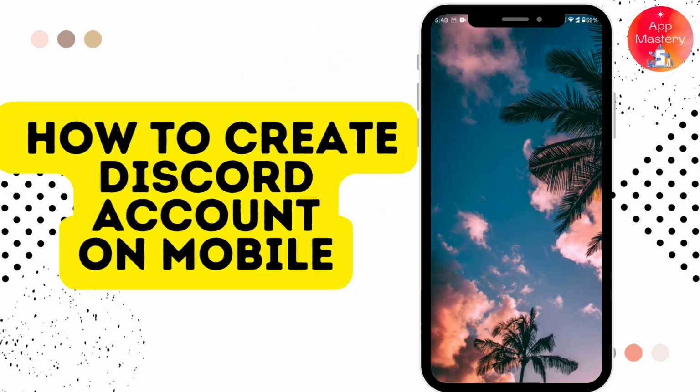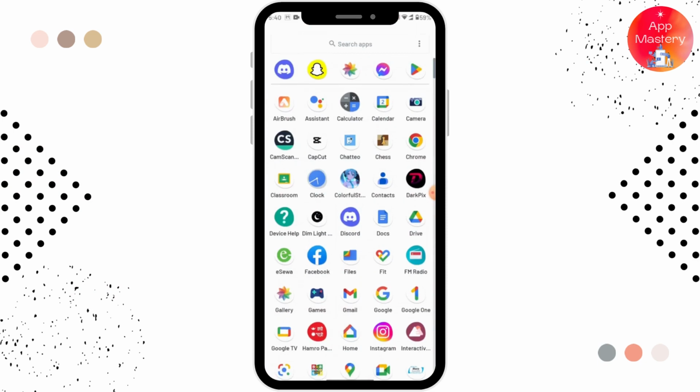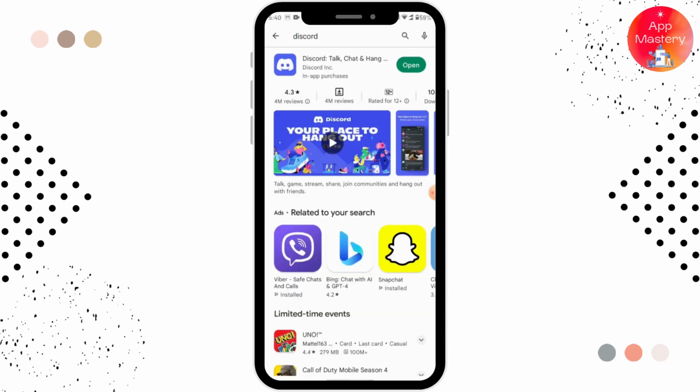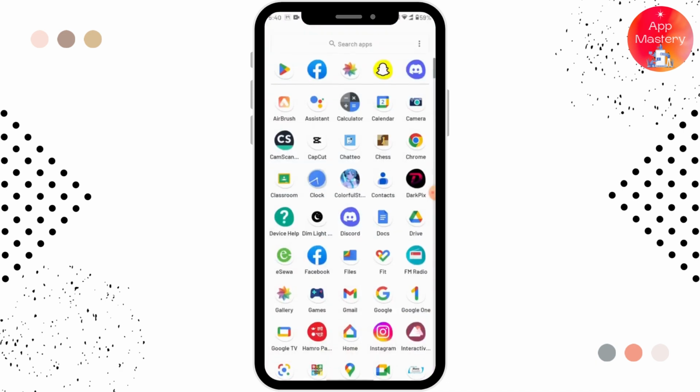How to create a Discord account on mobile. So all you have to do is open up your Play Store and search for Discord and then install that Discord app. So if you have already installed that Discord app, then open up your app,